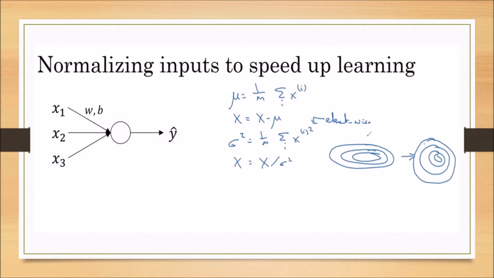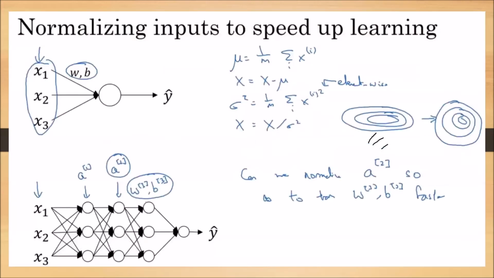When we take these normalized values and draw the contour plots, they are no longer ellipses but lead to concentric circles. When the contour plots become concentric circles, it is easy for gradient descent to find the minimum value.